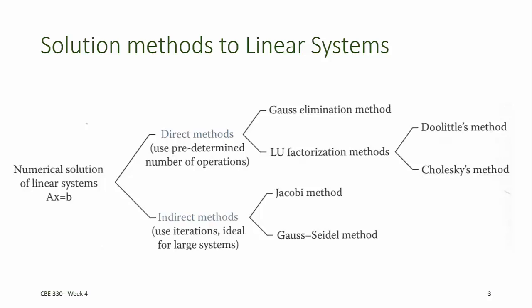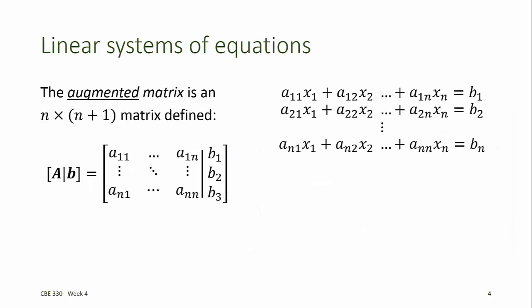As we will see, the indirect methods can be particularly useful for solving large systems of equations because they can reduce the total number of operations required compared to the direct methods. We'll begin with the direct methods, and we'll start with defining something called the augmented matrix for the linear system AX equals B. The augmented matrix has n rows and n plus 1 columns, where the vector B forms the